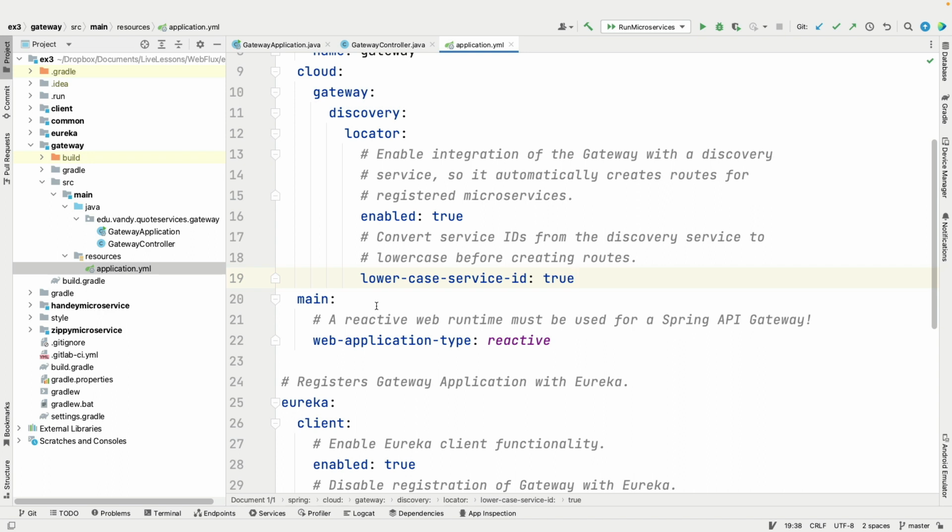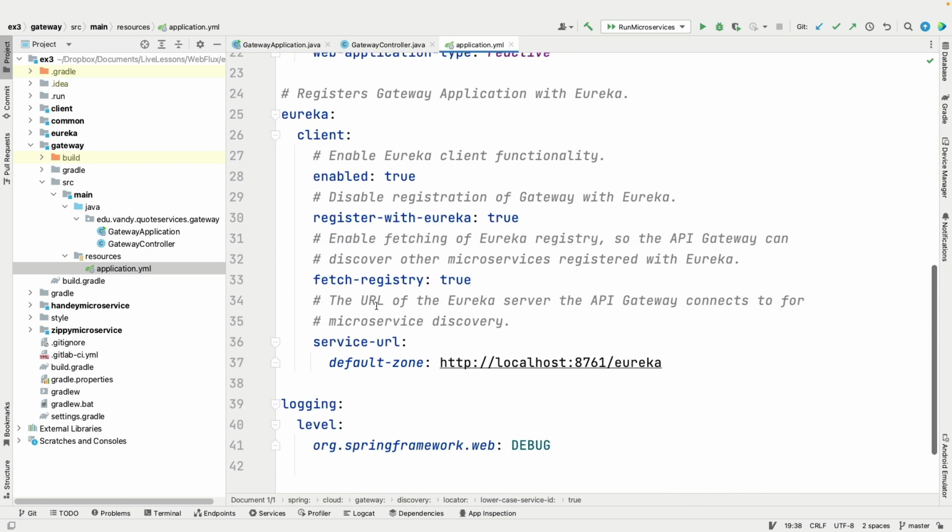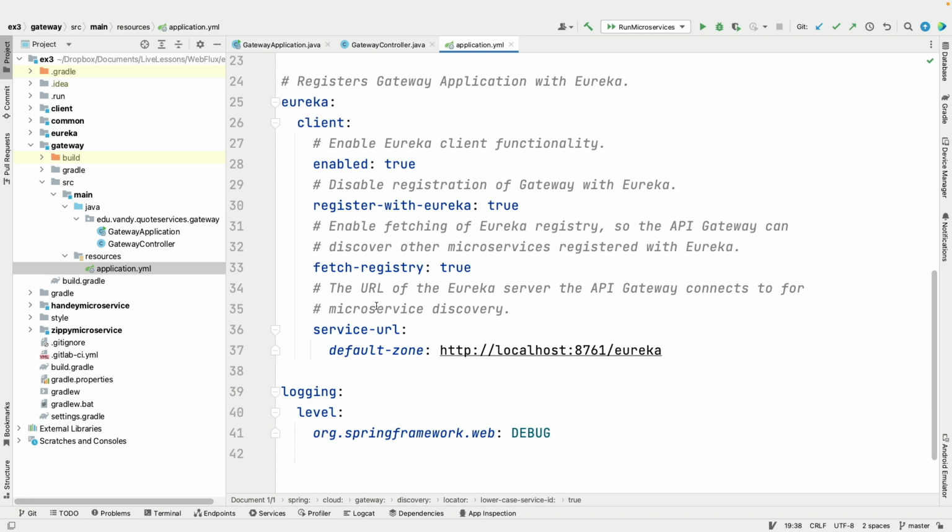Something else that's important here, if you want to use the Spring API gateway, you have to use the reactive application type. It only works with reactive. It won't work with any other form like servlet. Then down here, we're going to register the gateway application with Eureka. So we're going to make it a client, and we're going to disable registration of the gateway with Eureka. And we want to enable fetching of the Eureka registry so the API gateway can discover other microservices that are going to be remembered. And I think this is actually supposed to be false,